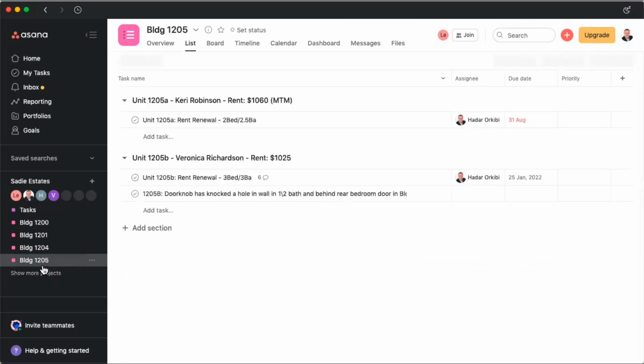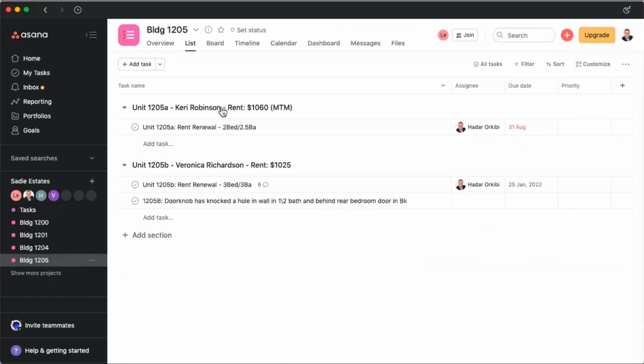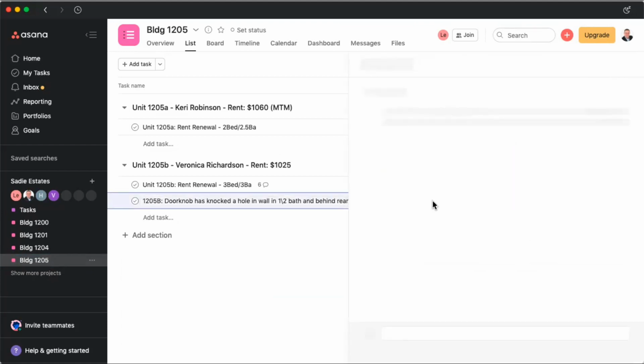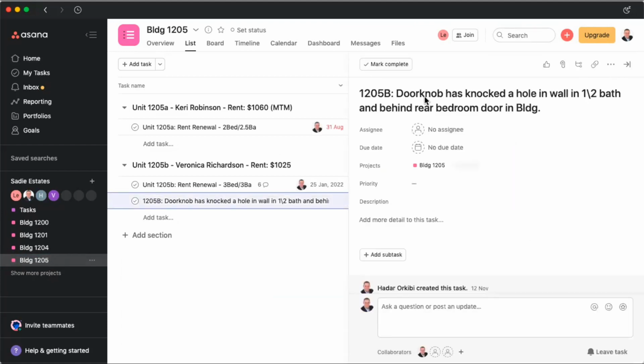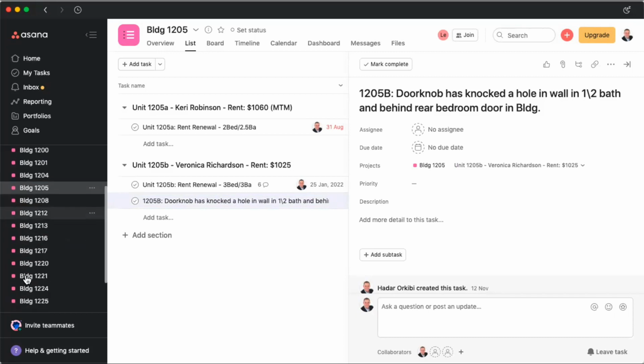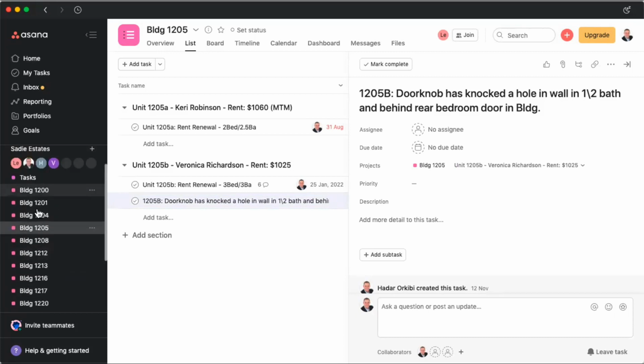This is specifically, so for example, building 12 floor 5, it's duplexes. So you're only going to have 2 underneath them, but there are notes. There's the unit mix, there are notes, and for example, you see doorknobs have some notes that we have from the building inspection. We just closed on it. So I'm kind of putting all the notes in so we can address them as we go, and we make sure that we tackle it as we need to. Here you can see all of the 13 buildings. So all of them are here underneath this,